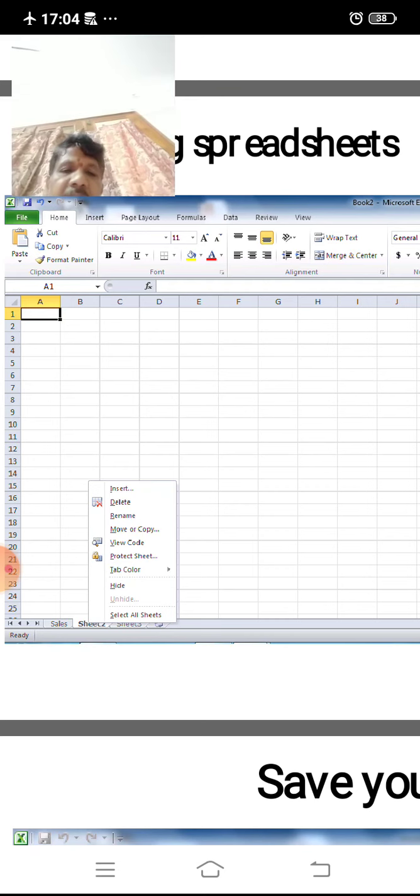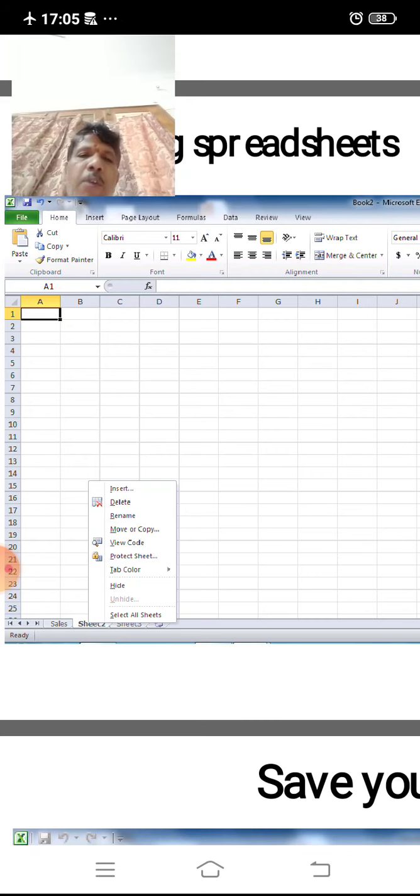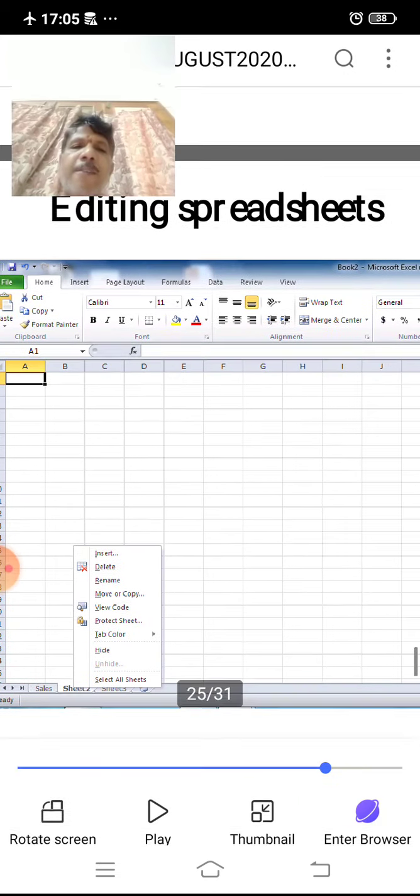That may be inserted before or after, or in any other Excel workbook. Wherever you want, you can move or copy by using this option. Similarly, other options are also suitable for you when working with a spreadsheet.